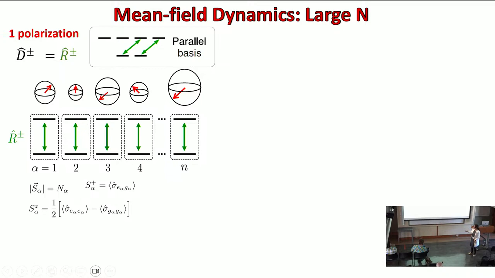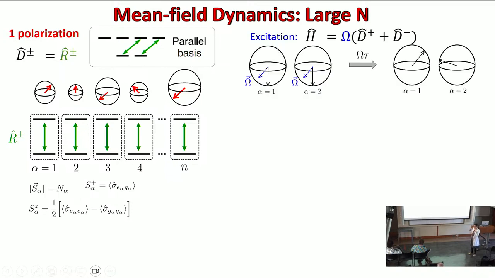So, and therefore I can define, as we did in the two-level system, collective spin operators with a length. Now, that is just determined by the initial preparation: N atoms, N alpha atoms, for example, in the corresponding manifolds, and I have the collective raising and lowering operators and SC. Okay, so now we drive the system, and imagine the drive is along the x-axis, for example,